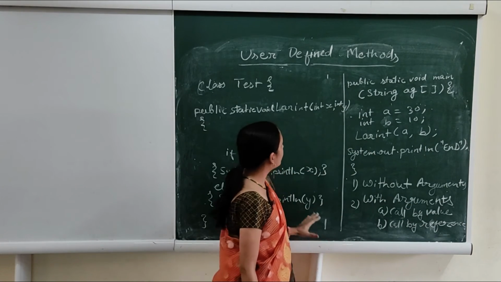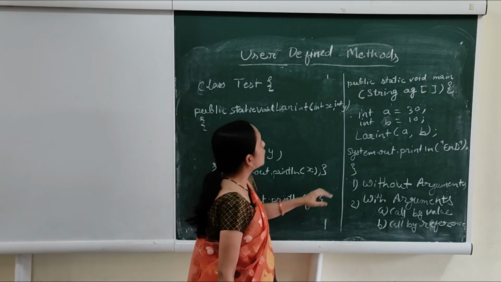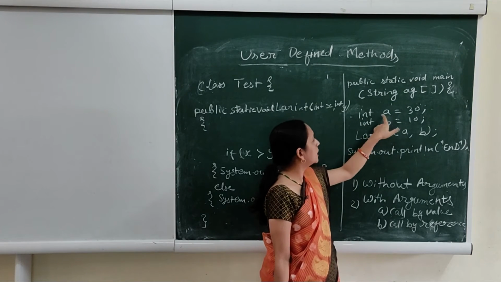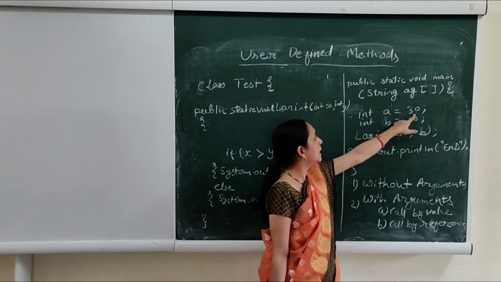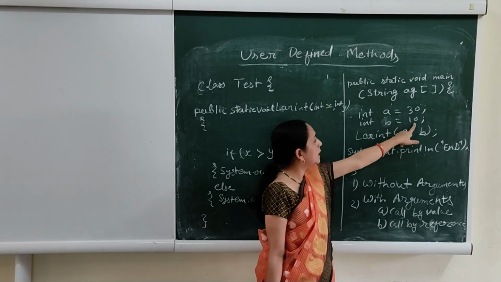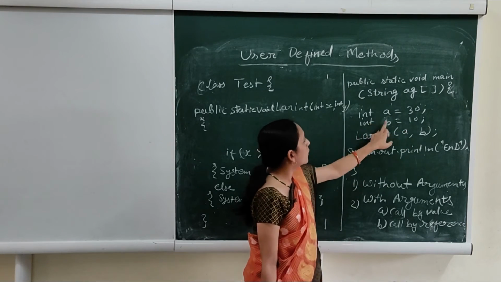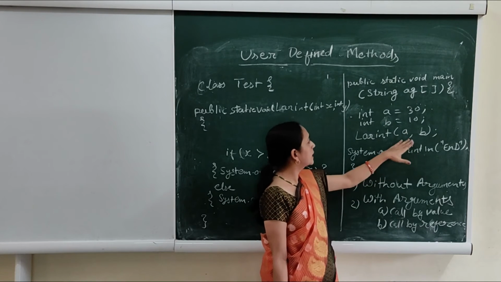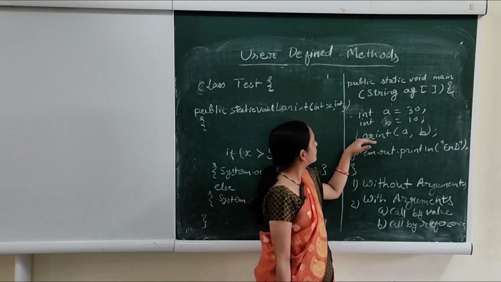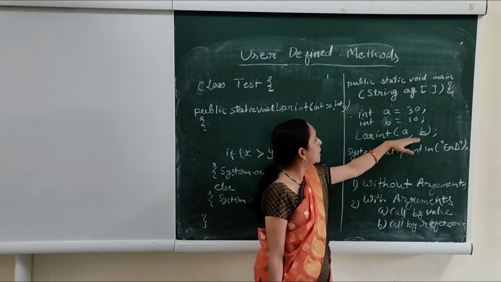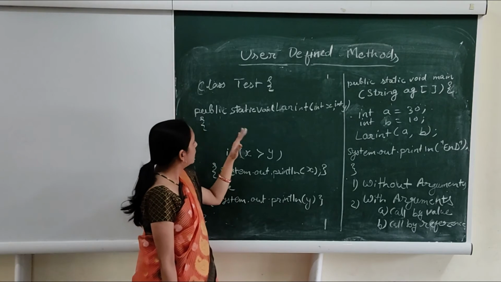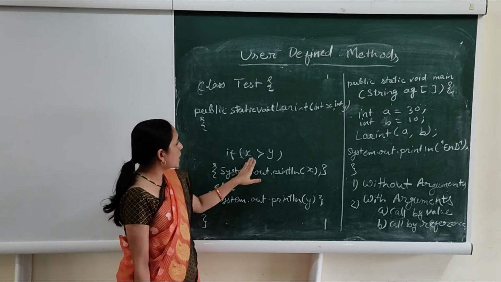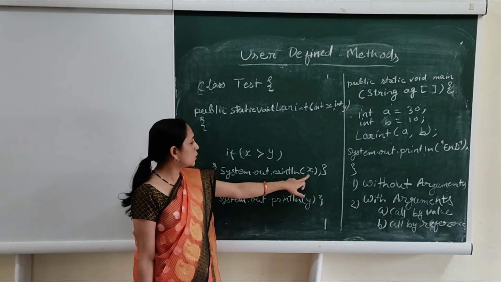Now what will be the execution of this program? First it will execute the main method. This command will declare a variable and assign it 30. Then the b variable, providing it the value 10. Then we are providing these a and b variables. Now as I told you, the instruction pointer will get transferred from here to the function definition. It will come here, then it will check this x and y, and according to that, it will provide the answer and show the output.